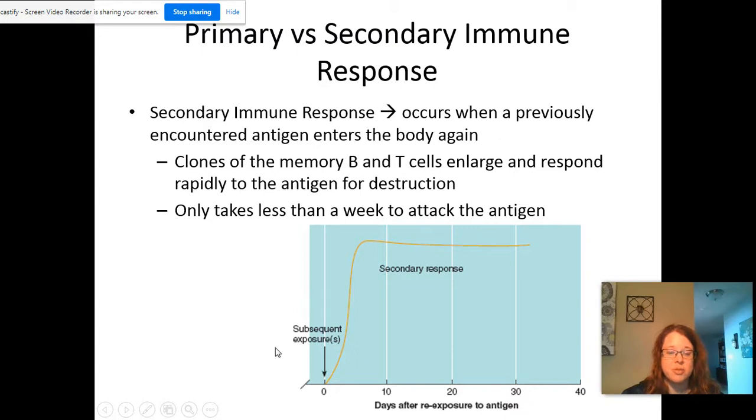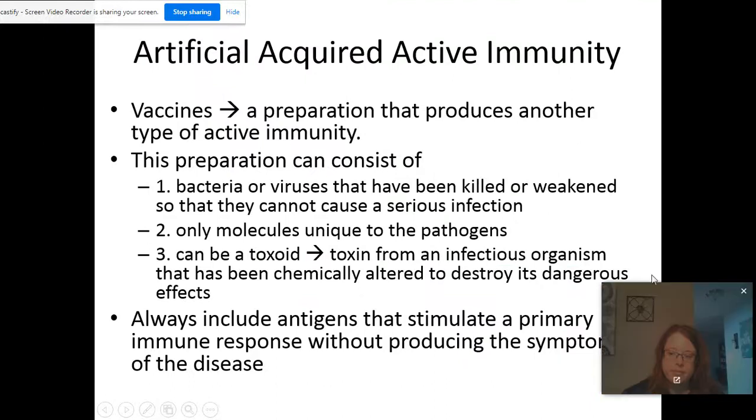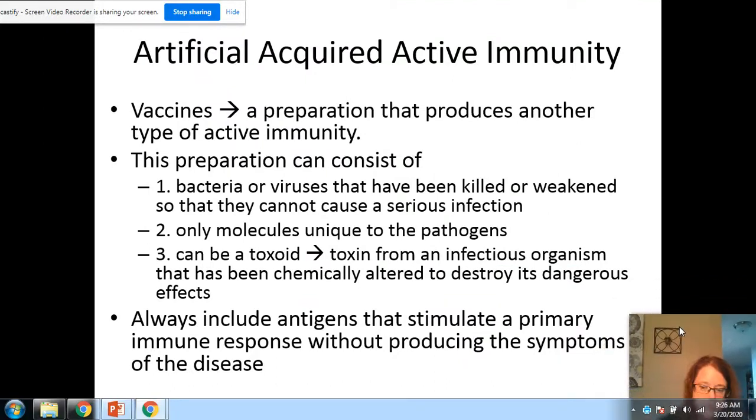So secondary immune response, once you've been infected with something the first time, the second time your body knows how to fight it off very quickly. Okay. And one thing that